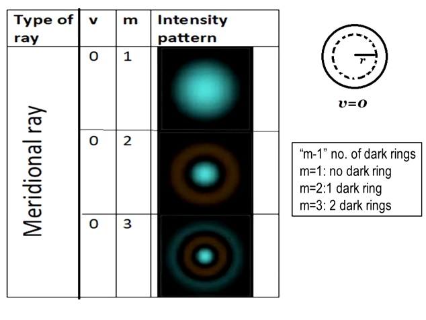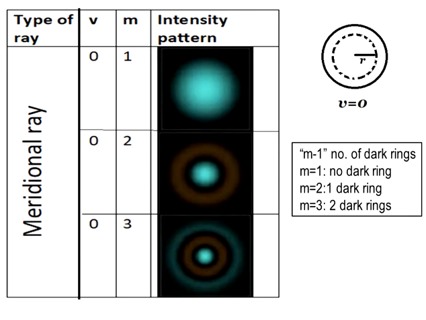So definitely at a particular radius, everywhere the field will be the same. Now M indicates the number of dark rings. If we consider the first case, V equal to 0, M equal to 1, then M minus 1 will be 0. So there is no dark ring. And again V equal to 0, so at every circular distance, the field intensity will remain the same.